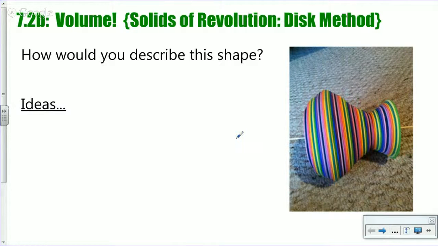Hopefully you said, well, one way to describe this shape would be to add up a whole bunch of circles, right? And if it were a perfect shape, then we'd be adding an infinite number of circles, or maybe more specifically disks, right? Because they do have some depth to them. They are three-dimensional. So if I want to describe this shape mathematically, I would take an infinite sum, which would be an integral,